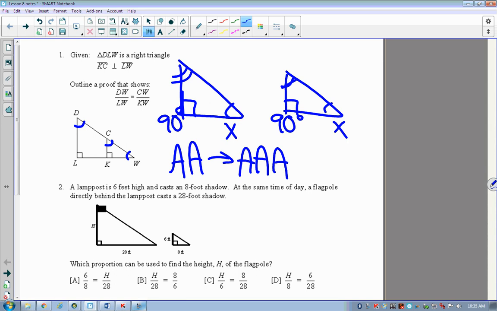So basically, if I'm going to prove that two triangles are similar, I have to prove one of two things. Either all three of their angles are congruent, or all three of their corresponding sides are proportional. We used the angle, angle, angle similarity postulate. I know that we're not there yet in this lesson, but I want you to understand how we get there. Okay? All right. So because of that,